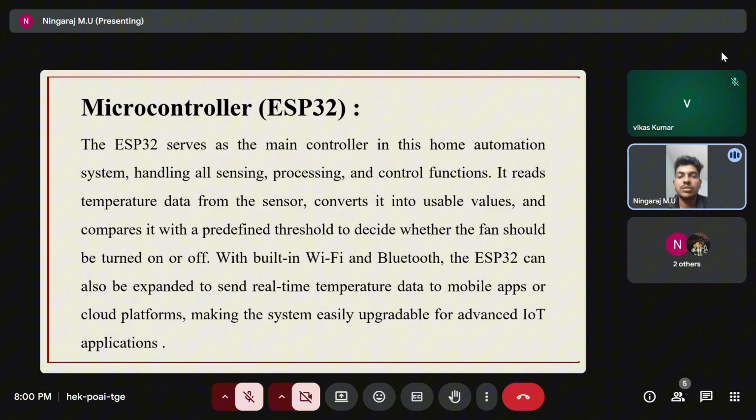Hello everyone, my name is Ingraj. I am here to explain about the microcontroller we used in our IoT project. The name of the microcontroller is ESP32. The ESP32 is the central microcontroller used in this home automation project. It acts as the brain of the system,